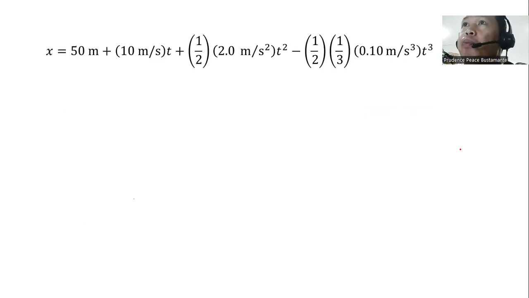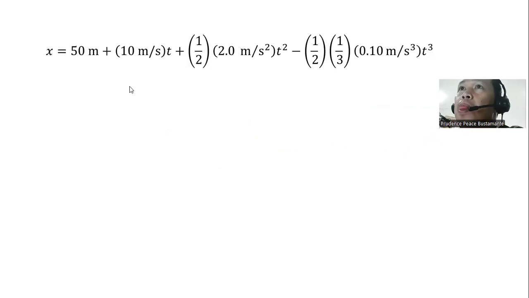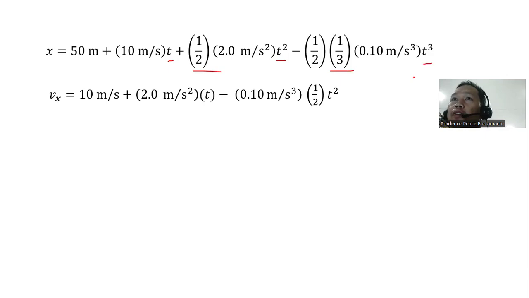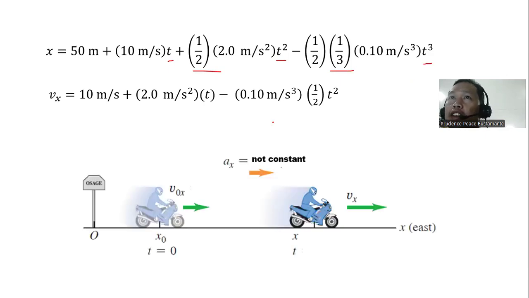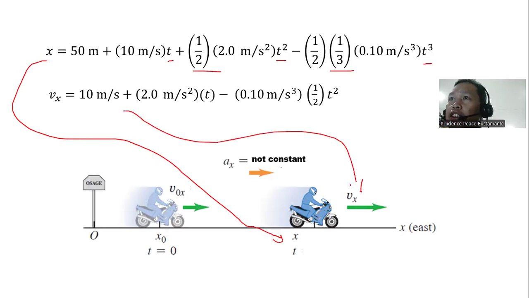So what will happen looks like this. We have t, 1 half t squared, and 1/3 t cubed. So that is our x as a function of time. We can find the position if you use that function. Meaning, if you want to find this one, use this function as a function of time. If you want to find that one, you can use that one. So even if the acceleration is not constant, as long as it's known, then you can use integration.